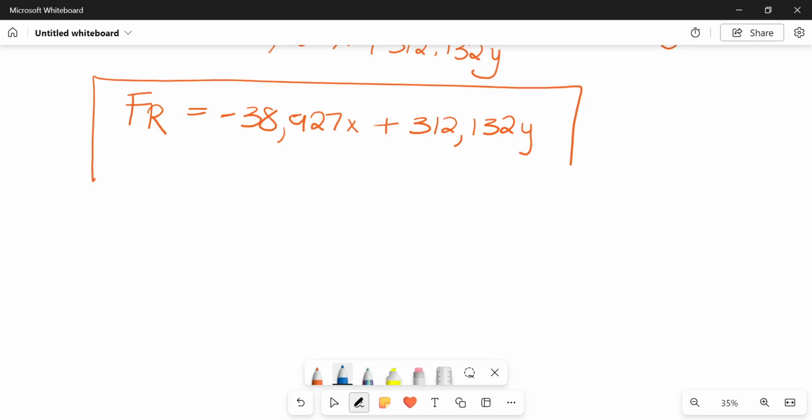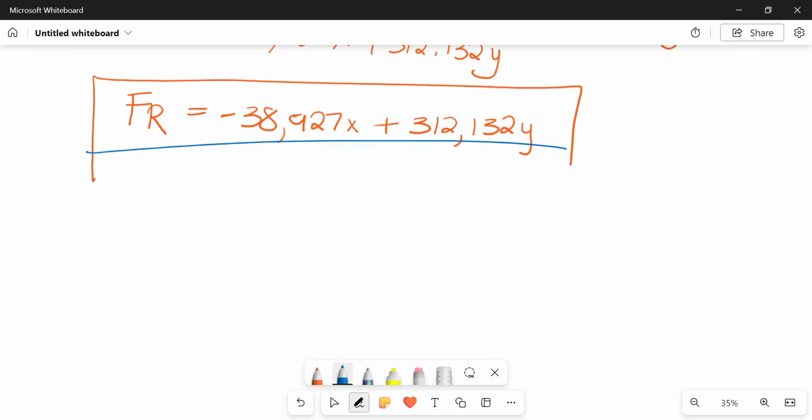This is part 2 of our vectors. In part 1, we essentially went into calculating the magnitude of our resultant force, and we went into the steps which follow to essentially get to this point. You'd first need to have your diagram, of course, and then you would need to calculate or come up with your components, and then we essentially sum up our components in order to come up with a final resultant force